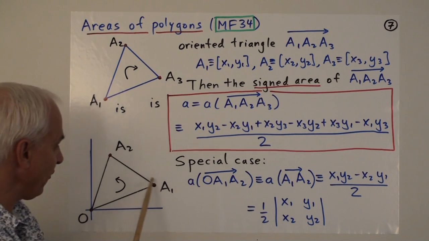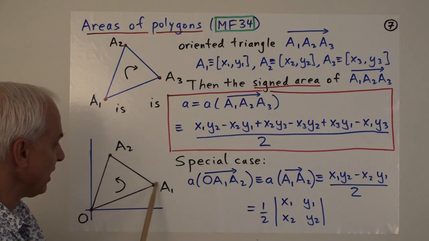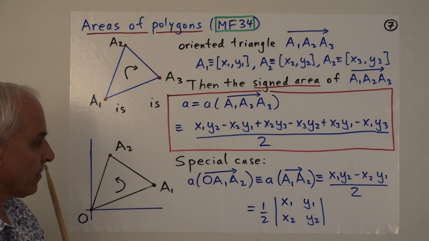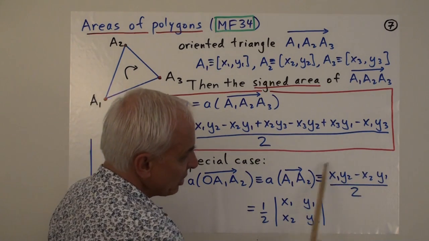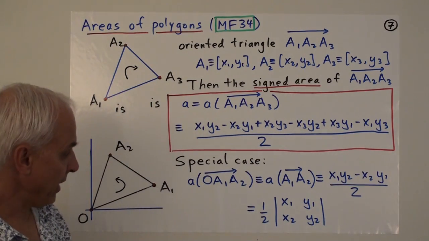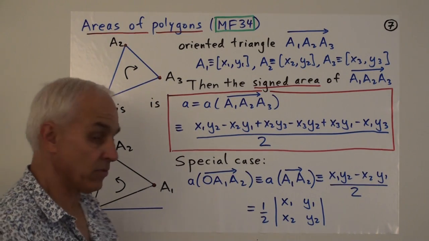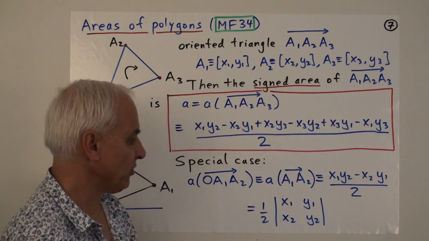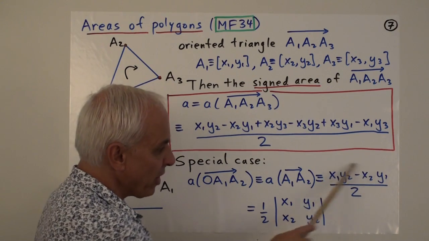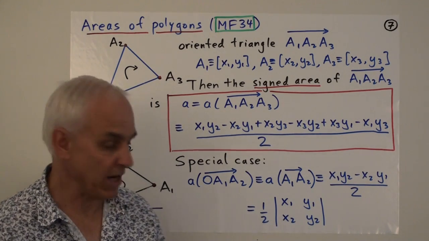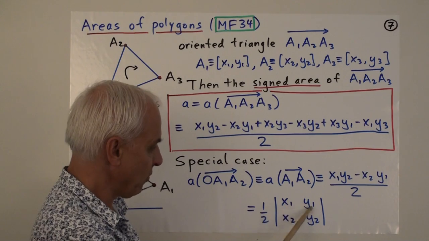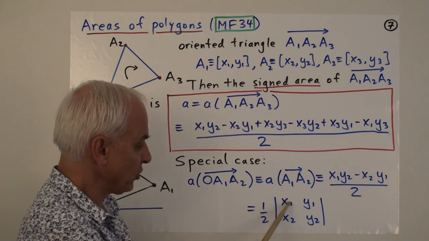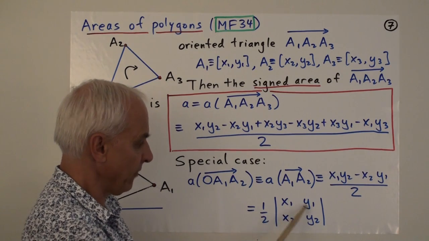It really only depends on this oriented line segment from A1 to A2. This kind of expression appears a lot in linear algebra, and for those of you who have seen some determinants, and we will be talking about determinants more later on in this course, it's probably useful to remark that the numerator here is a determinant of a 2 by 2 matrix, the matrix x1, y1, x2, y2, basically with the coordinates of the 2 points. And then the determinant is this times this minus this times this.